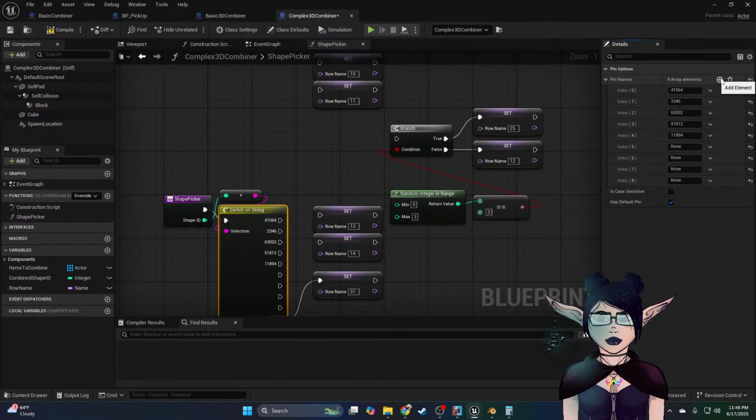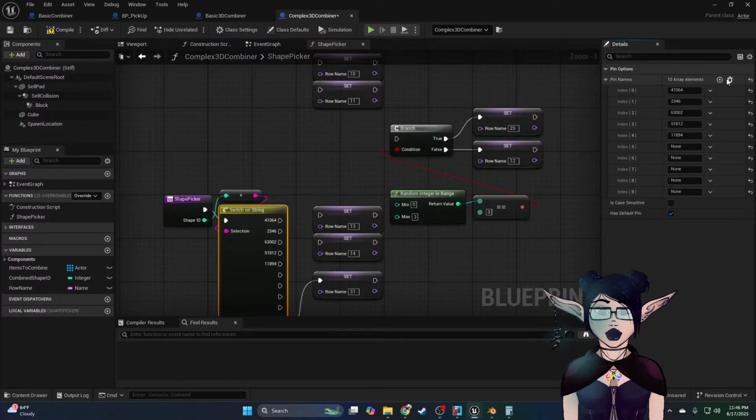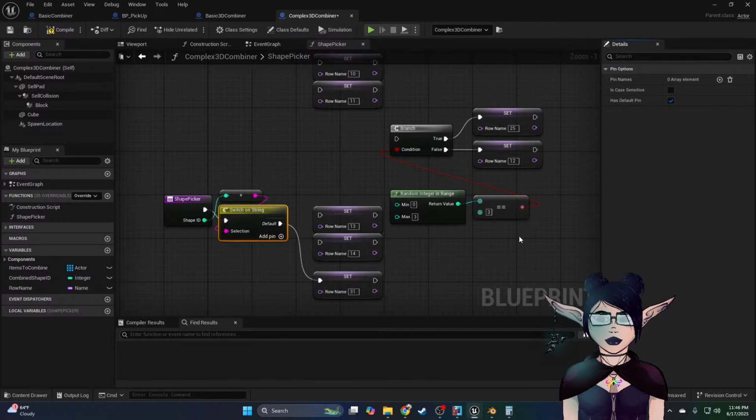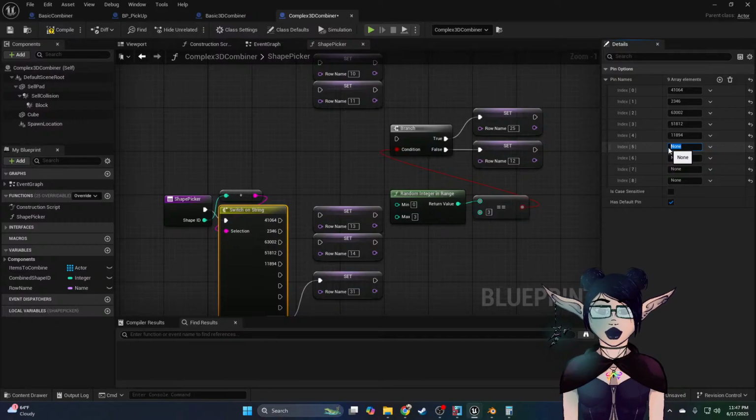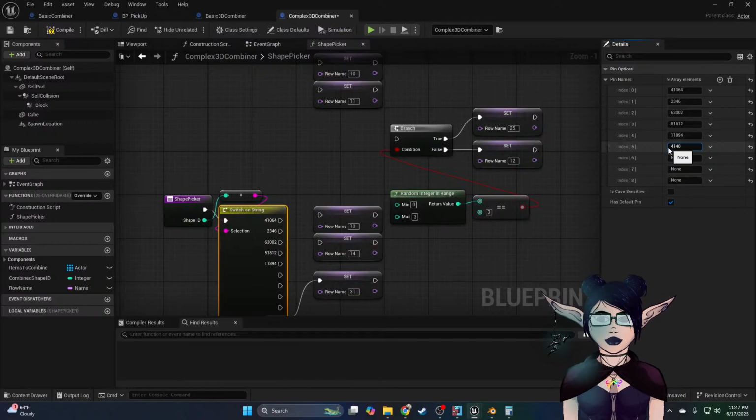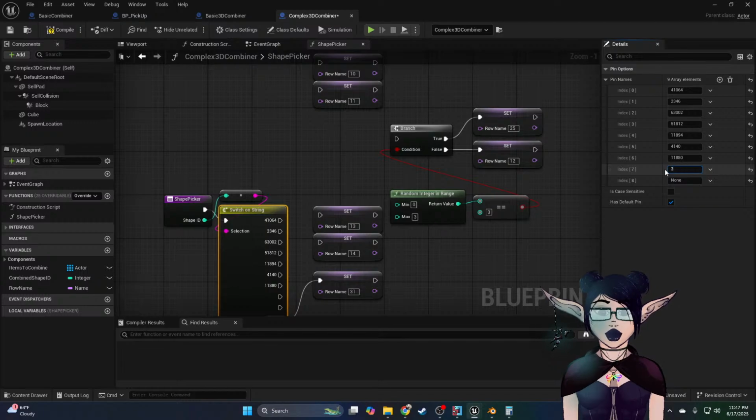Oh, and one more for the ultimate. Maybe the ultimate should have a different machine. No! Let's not do that. Maybe the ultimate could have its own machine. I think the ultimate should have its own machine. I think. Yes. Okay, so 11894, 4140, 11880, 39